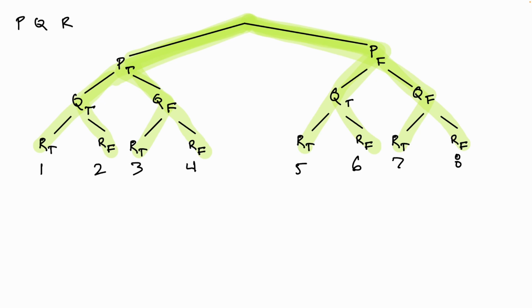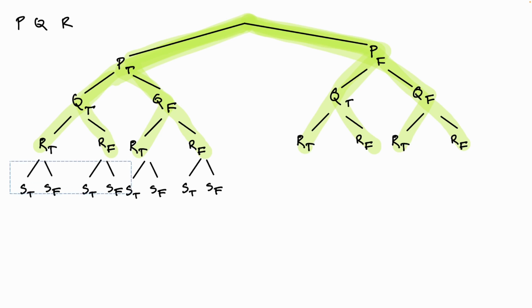Now, what if you had a formula with 4 atoms or more? Then how would you figure out what all the possible valuations of its atoms are? Well, suppose we're dealing with a formula with 4 atoms, P, Q, R, and S. You could add 2 more paths to the bottom of every branch on our tree. One to represent the scenario where you decide to make S true, and the other to represent the scenario where